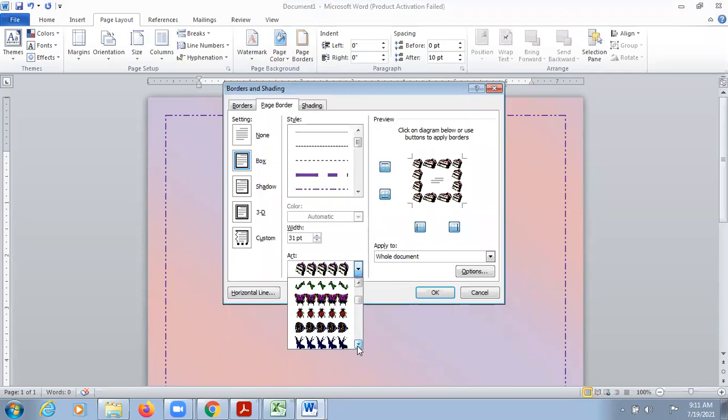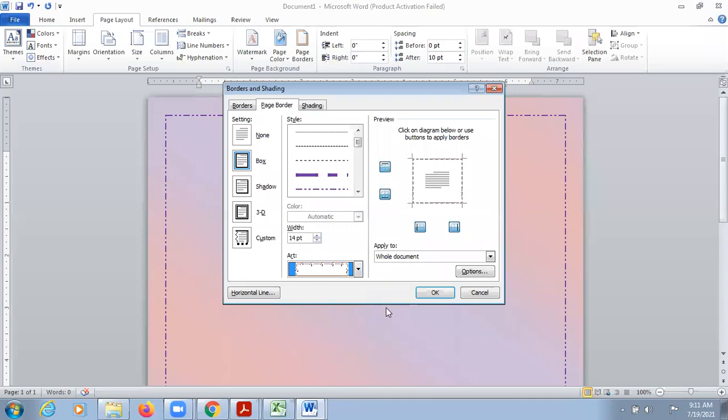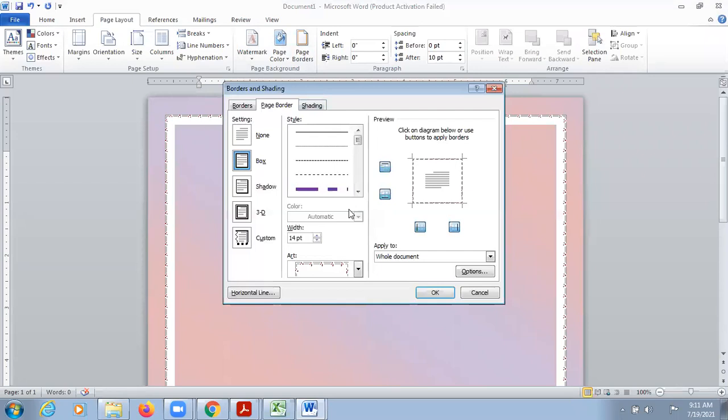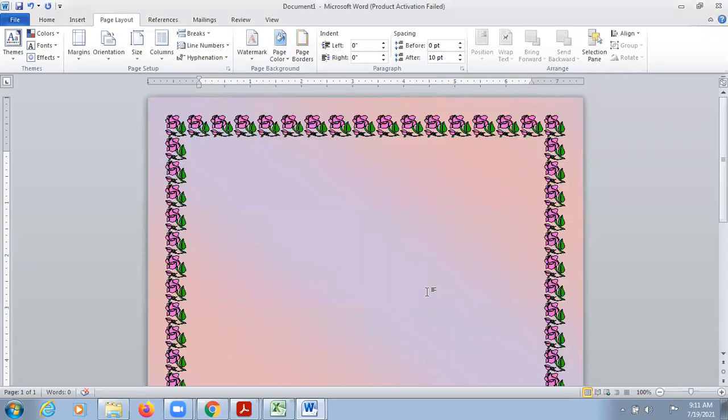Because my theme is purple, I will choose something related to purple or pink. So let's say this one. No, this is not looking good. Let's check this one. Okay, this is fine. Like this, you can insert different borders.